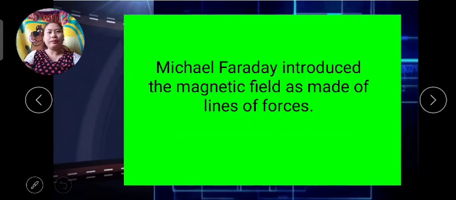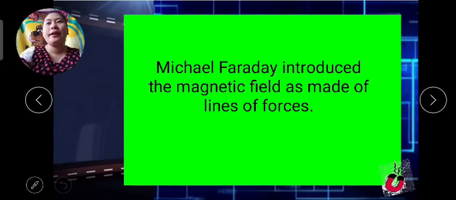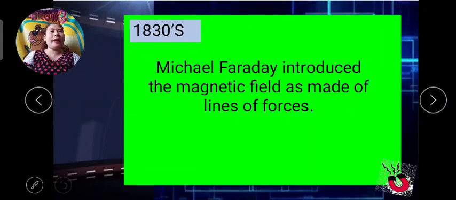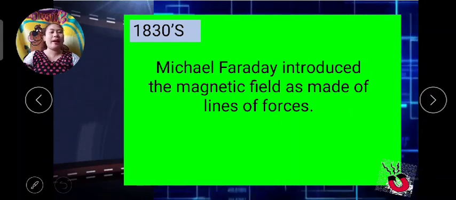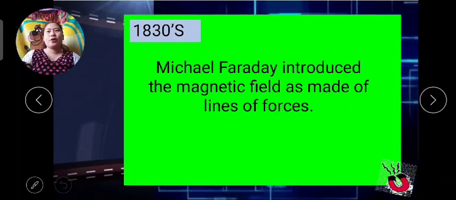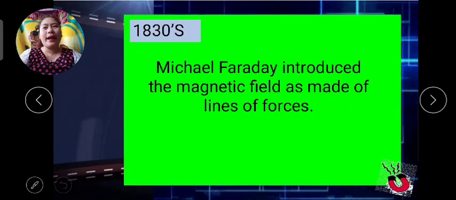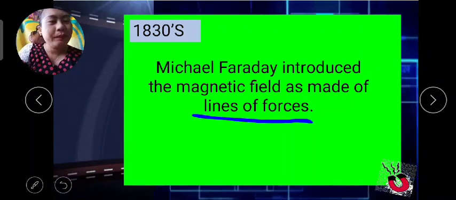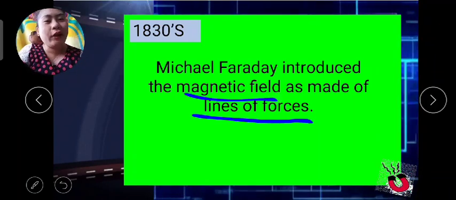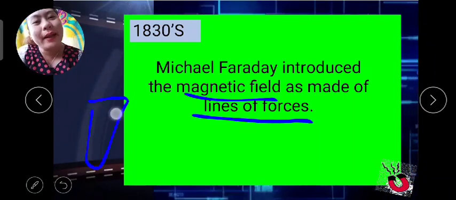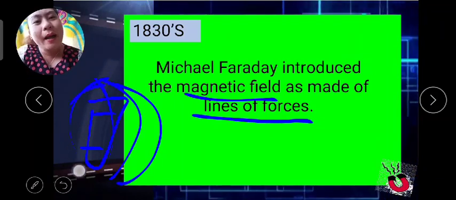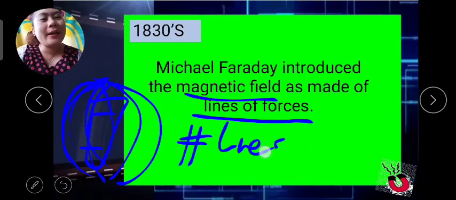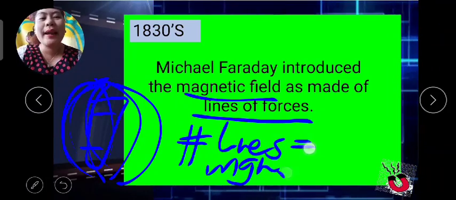Now, we have here Michael Faraday in 1830s. Michael Faraday introduced the magnetic field as made of lines of forces. So, yan si Michael Faraday. And the number of lines here, made of lines of forces, okay, that is magnetic field. Take note, pag this one is the magnet, it is surrounded by a magnetic field. Okay? And, pag sinabi nating the number of lines, we call this one as your magnetic